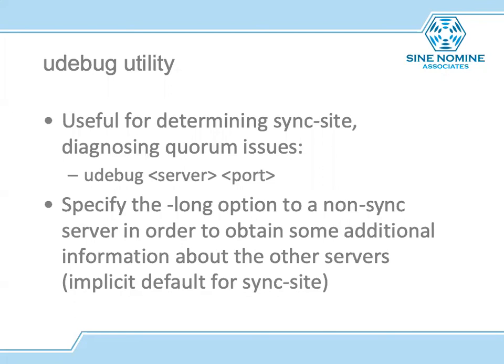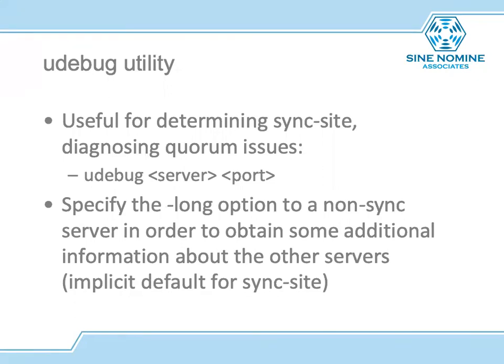I'm going to test my memory here. I always get these mixed up. The PR server is 7002, and the VL server is 7003. I always get them mixed up.